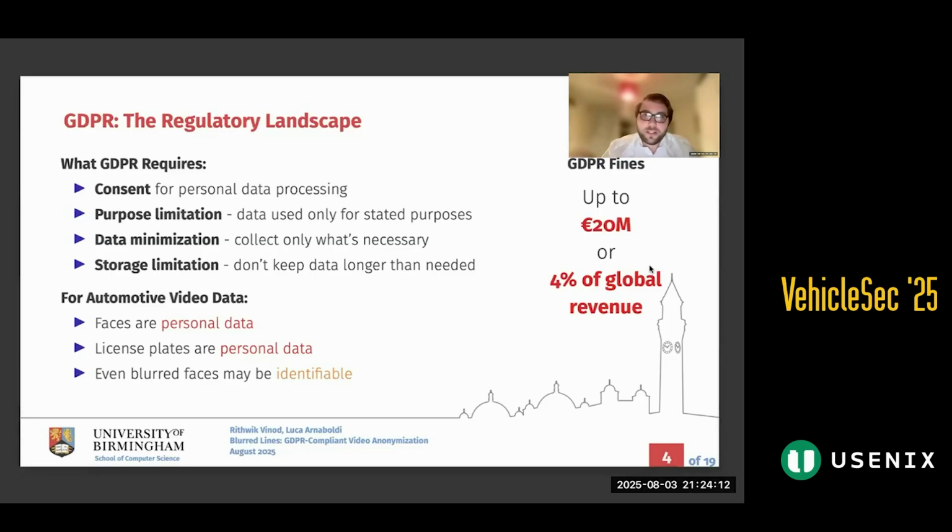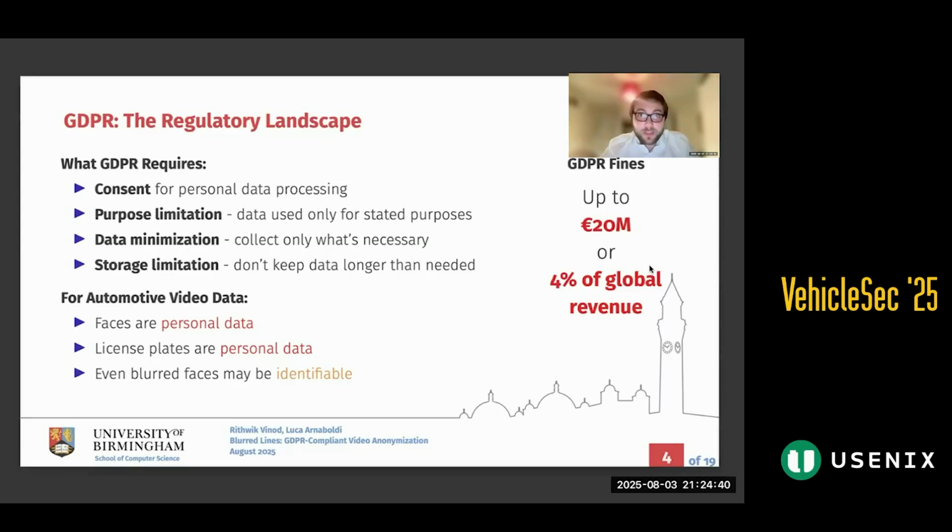Now, there are several things that are characterized as personally identifiable data. The two things we initially focused on were faces and license plates. These are all uniquely identifiable things. I think you all agree here that a face is a pretty important part of who you are. But then a license plate. A license plate is a unique identifier to your home address, to your car. Once again, GDPR protected.